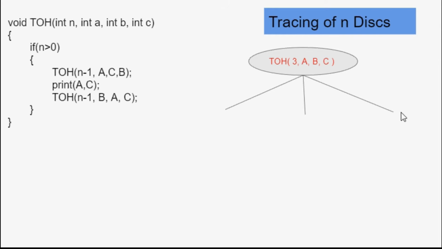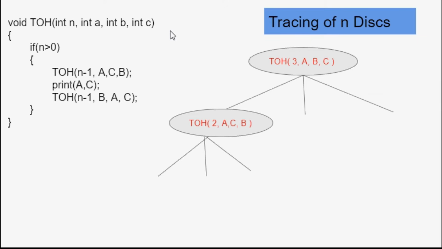So here I am not going to write down these remaining steps, but so that I don't forget them, I have written these pointers. We are not coming to these pointers yet. Firstly, we'll finish this call and then we'll come to them. Just in order not to forget them, we have written these arrows. Now the second time, what call am I making at this step? That is n-1, which is 2. And instead of ABC, what parameters am I supposed to pass? I'll pass ACB. So I have written the same thing, ACB. Again, I am making a call to this one.